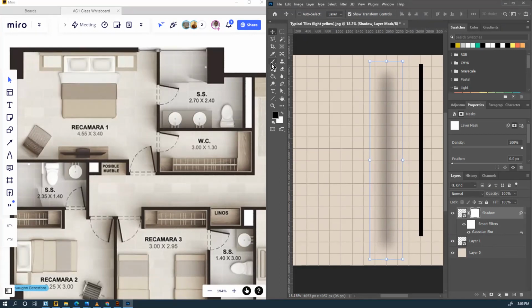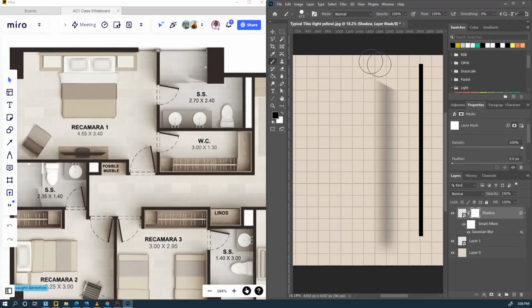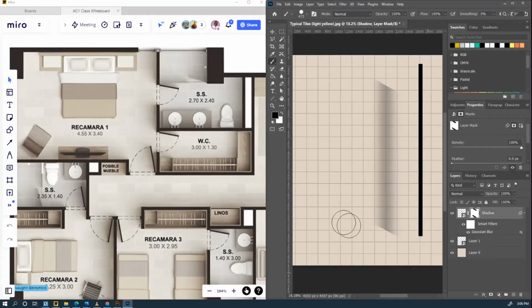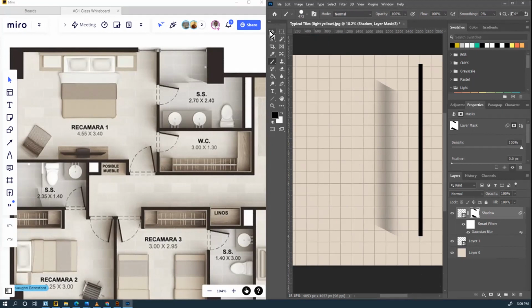maybe let's use my brush tool here. Let's make it a little bigger. Then I can leave the hardness as is. There we go. And maybe a little bit like that. Then most of the time